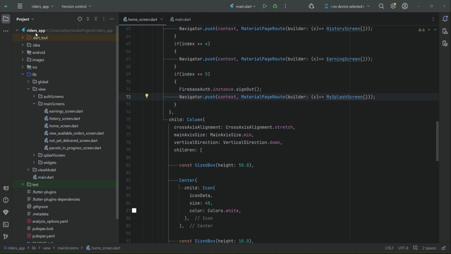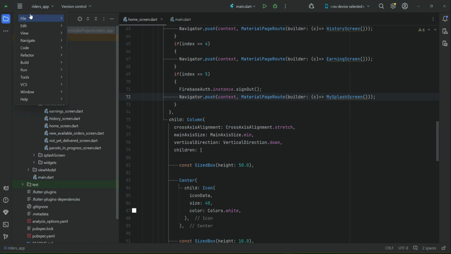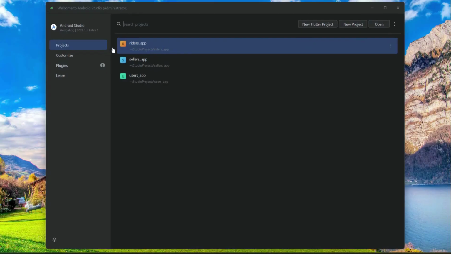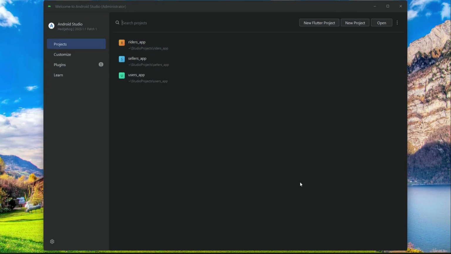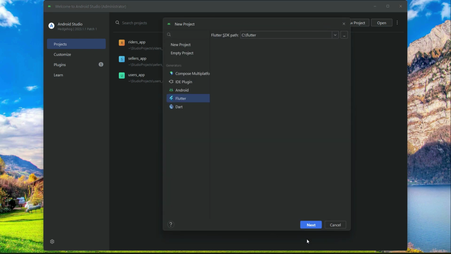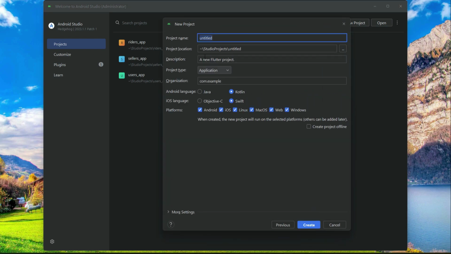So for now we will close our Riders app and we will start the admin web portal. For that purpose, click on new Flutter project. Next, here we will give it the name admin underscore web underscore panel, or portal, you can say. Okay, admin web panel, and here we will say this is